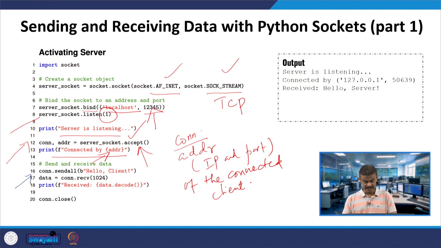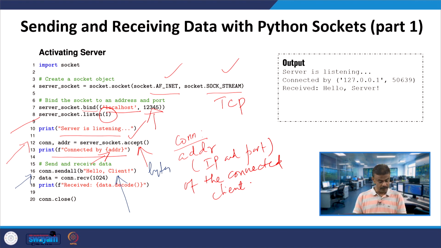This is the message which is encoded as bytes before being sent.